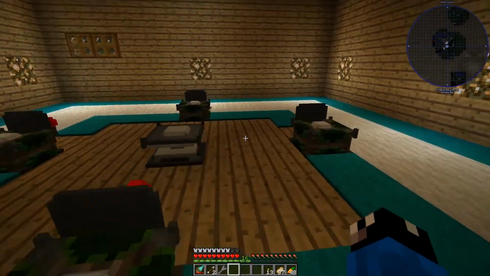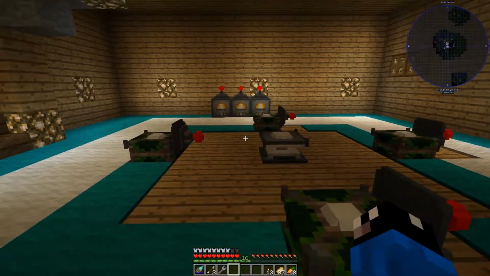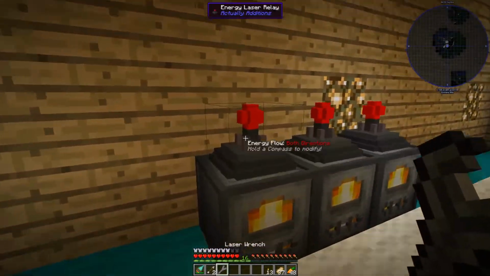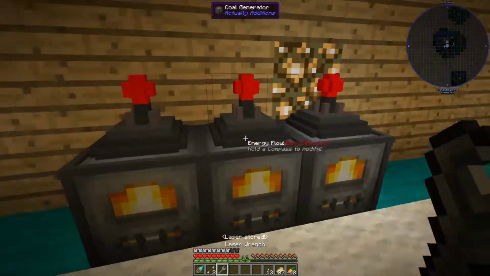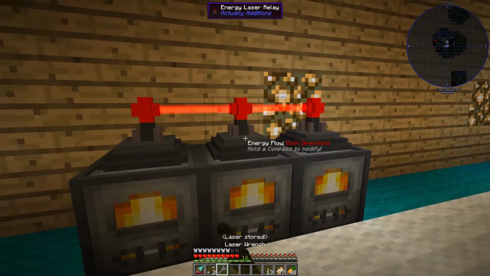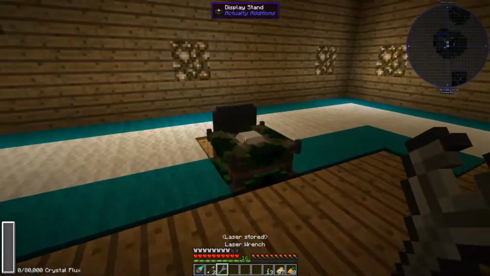All right, back down here, I went ahead and switched things up. I moved everything just 1 block forward, and I went ahead and got some more laser relays with these coal generators so I can go ahead and connect them all up with all of these. So if I could go and connect that to that, that to that, I can go ahead and connect this now to here, which then this can connect to this one,